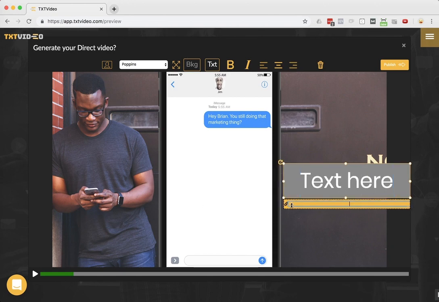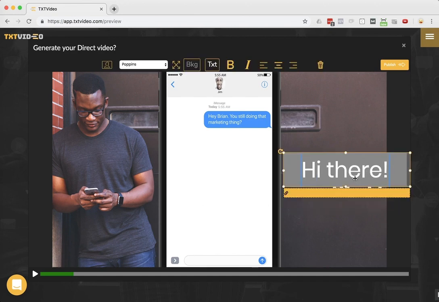Below here, you'll see this yellow bar. This is where you can put a URL. So if you wanted to make this a link to your website or the website of your client, you can do that there. Or you can also personalize this. So I could say, "Hi there." Could be the text that I want to do, or I could make it say hi and then have your name there. So the way that I'm going to do that is I'm going to remove that,